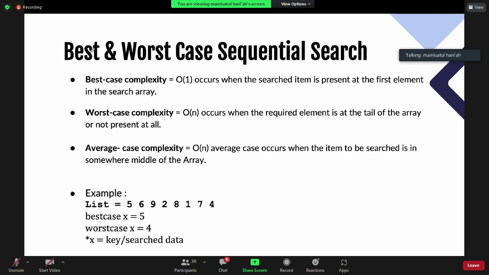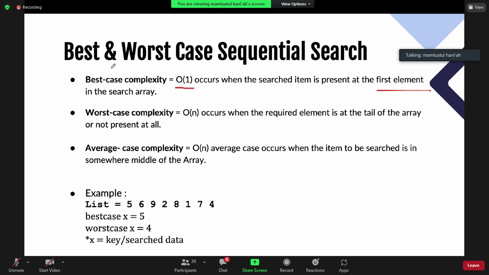And the best case of this sequential search occurs when your data is in your first element. So you just need one comparison, and you can find your key or your search data.